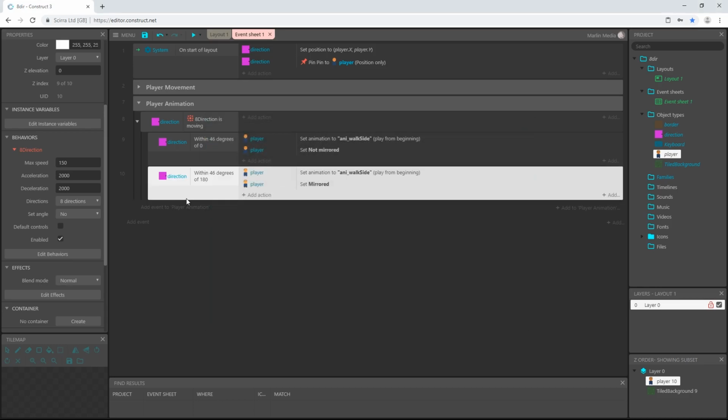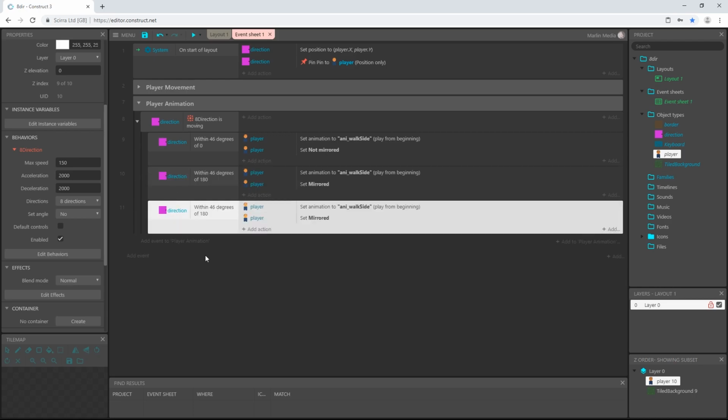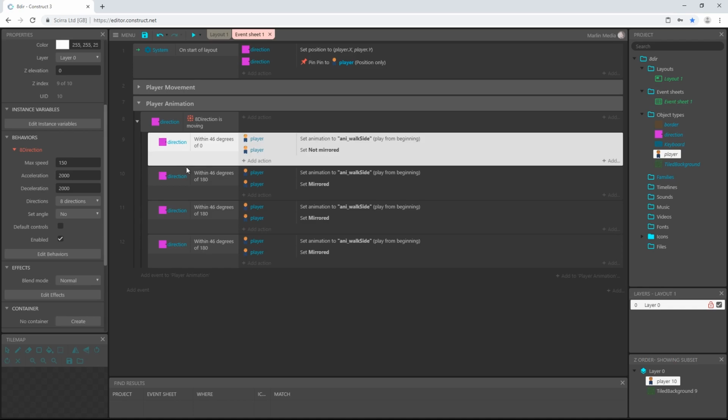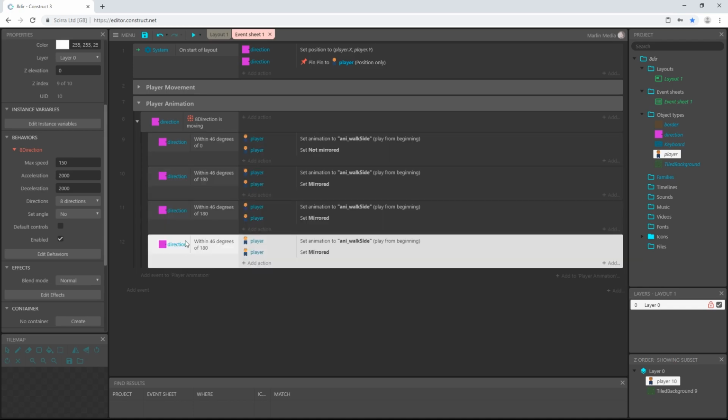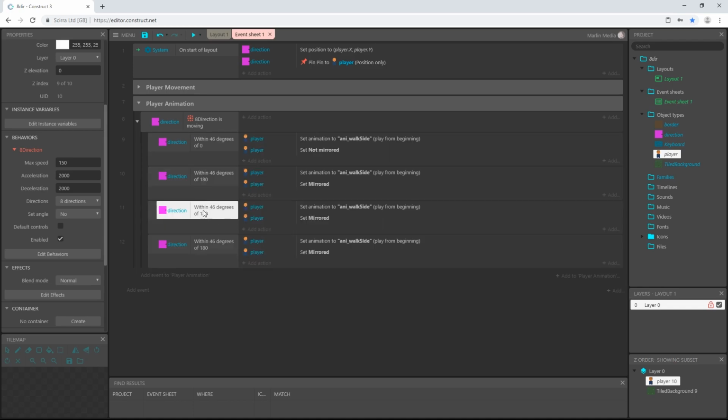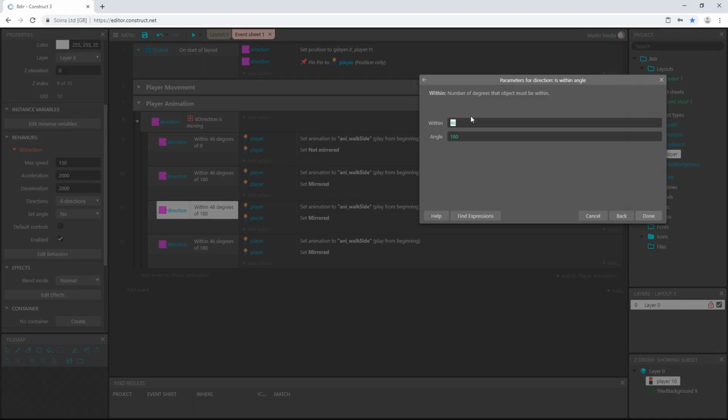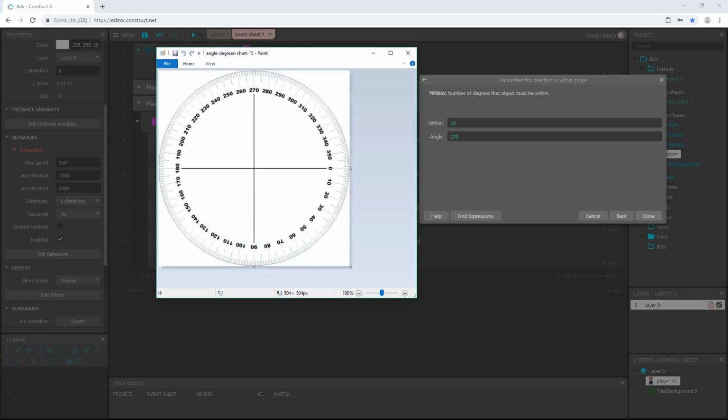And I'm going to highlight this block of code, and I'm going to copy and paste, and then I'm going to paste one more time. So we should have a total of 4 sub-events. I'm going to go up to this third one, and I'm going to change this. I'm just going to go within 10 degrees of going straight up, and straight up is at the angle of 270, because we don't need this covering a large area on our angle here. So when we're walking up, we're at 270.